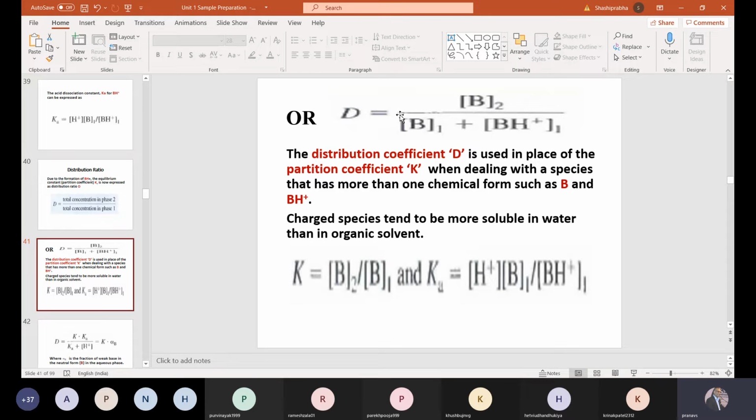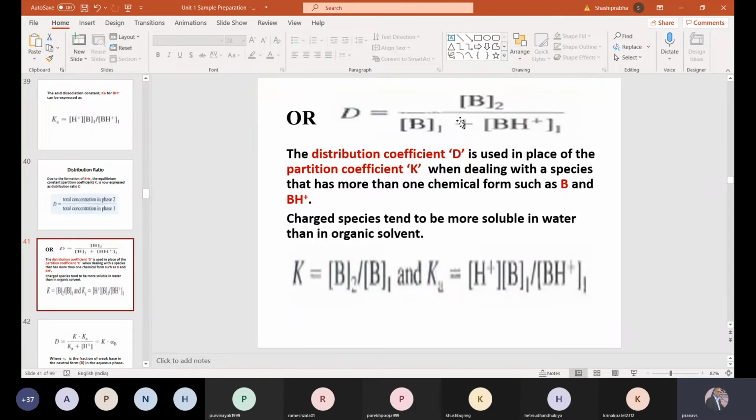These terms give us the same meaning, but they take into consideration two different aspects. One is for neutral species, the other accounts for neutral as well as the charged species, that is D. So now if we simplify this equation by dividing by B1,